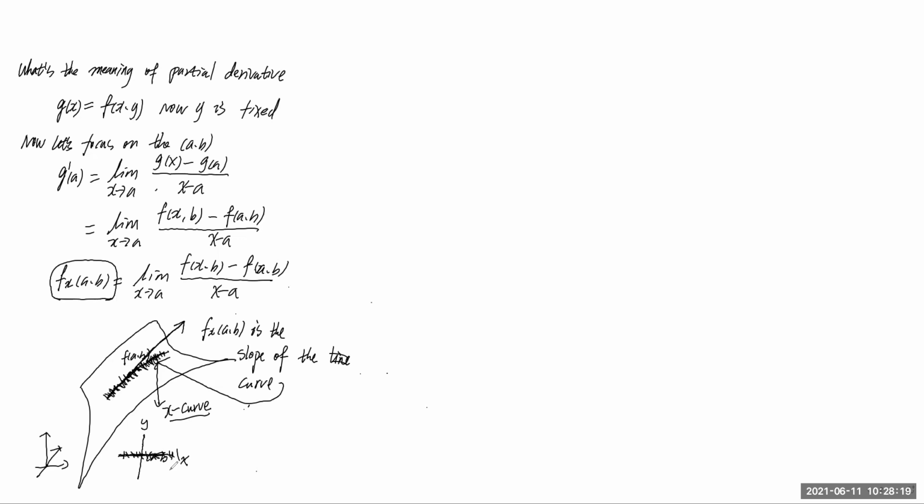So that's a geometric meaning, like what we did for the function of one variable, right? The derivative is just the slope of the tangent line, right? By the same method, you can analyze Fy, right? For Fy,